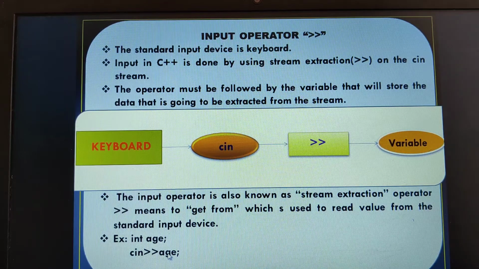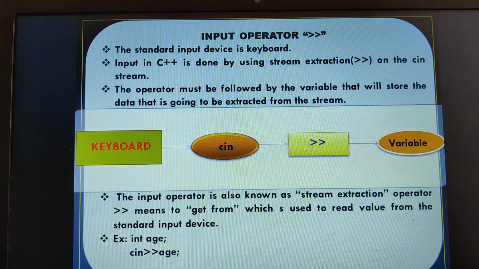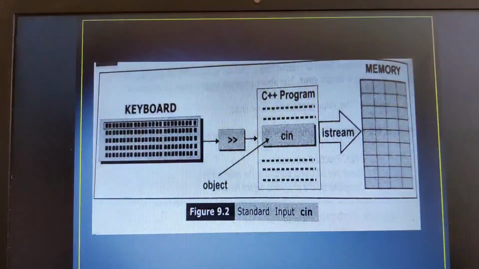So therein cin stands for console input. Remember, cin always stands for the console input. Now look at this here, keyboard. We are using the stream extraction operator.